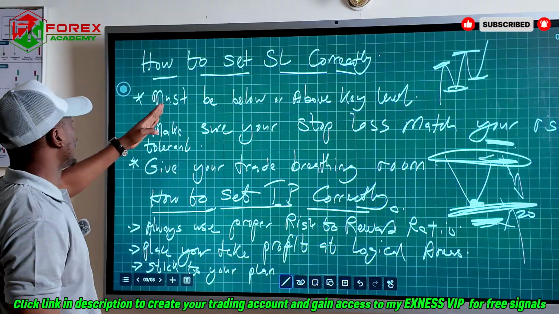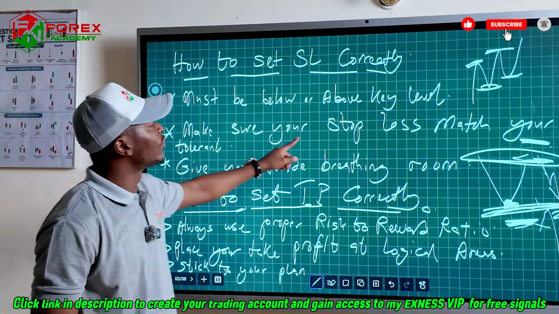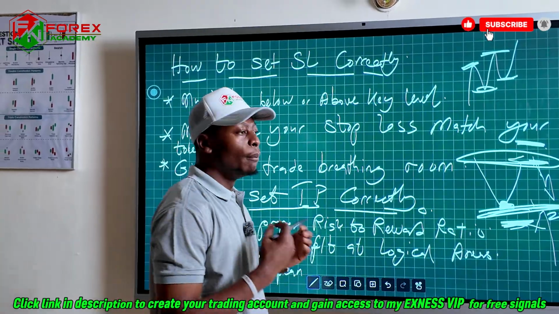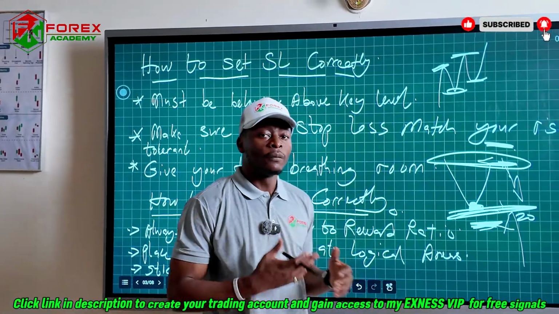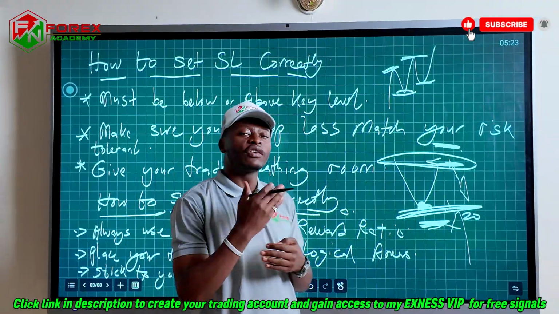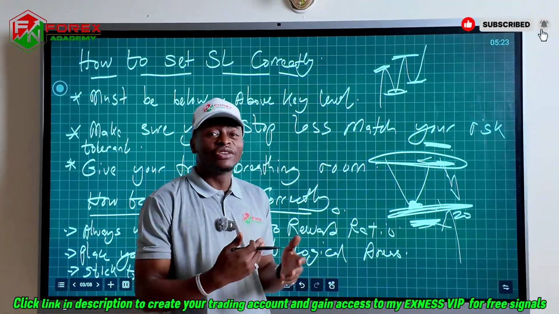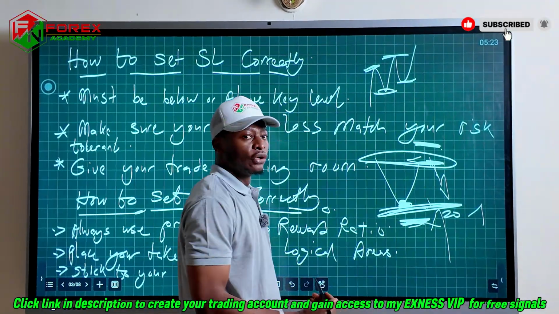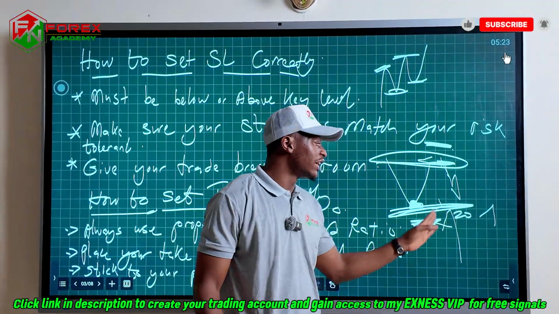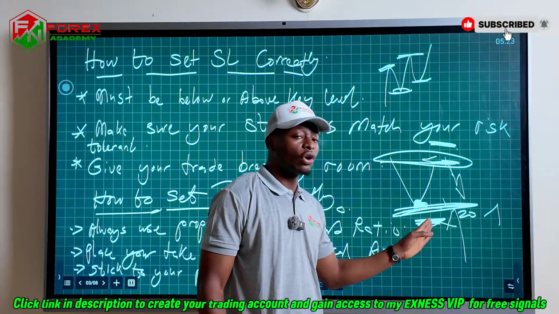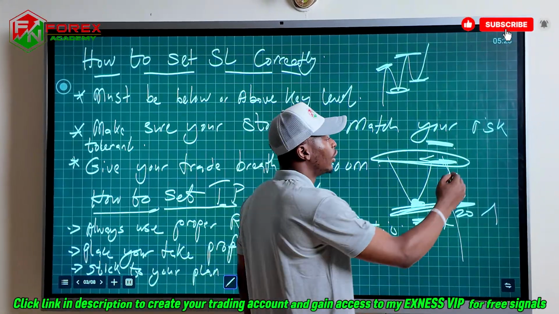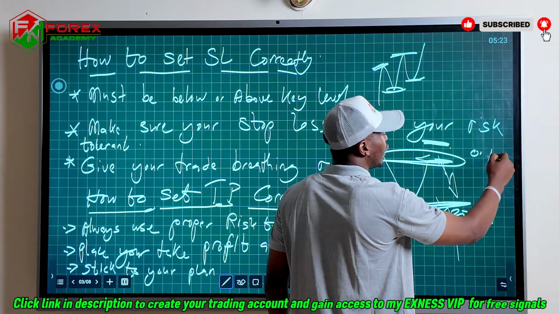Second point on how to set the right stop loss: make sure your stop loss matches your risk tolerance. What is your risk tolerance? How much are you risking on that particular trade, or how much are you risking per trade? If you are risking maybe 1% per trade, then you know the right lot size to use in relation to your stop loss, right? If your lot size is maybe 0.1, one pip movement on a